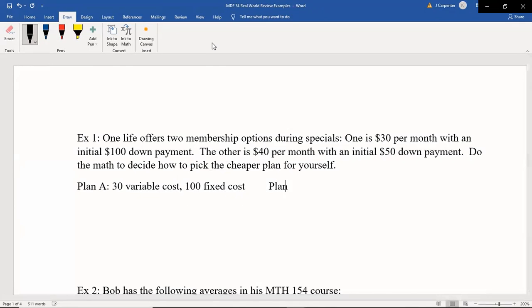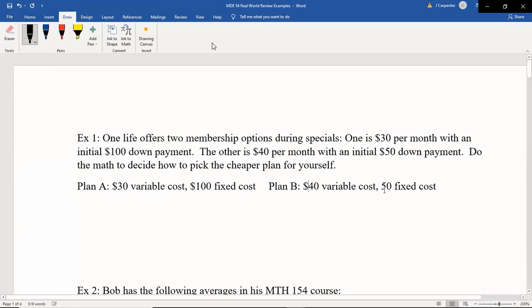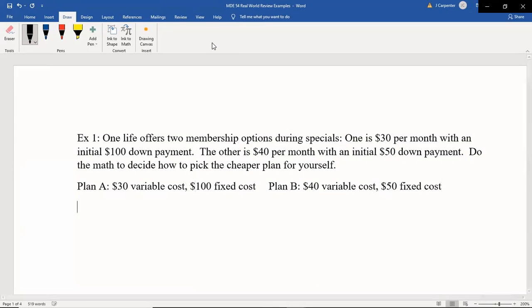Whereas plan B has the higher variable cost, but the lower fixed cost. And of course, all of these are in dollars. We like to put our units when we are dealing with quantitative reasoning. So $30 variable cost with a $100 fixed cost versus $40 variable cost and a $50 fixed cost. What we need to do is look at the total cost of plan A and the total cost of plan B. So the total cost